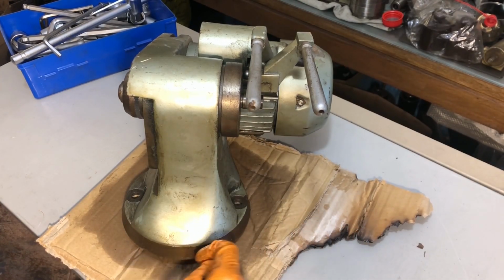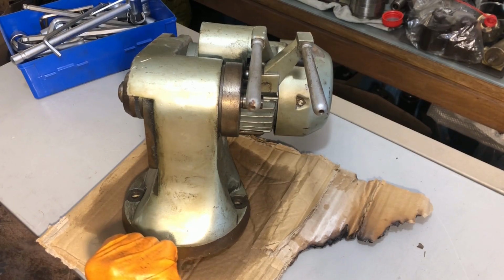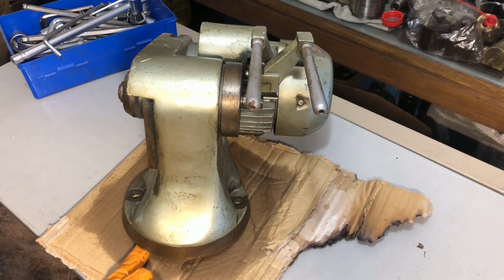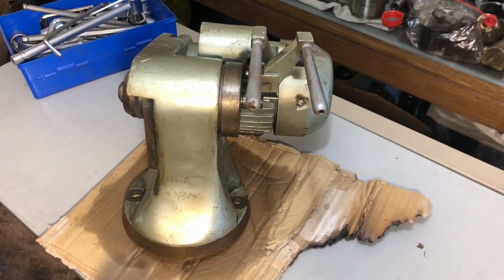The base sustained a bit of a hit at some point, not done by me, and that will have to be stoned out. Oh, here it is. Some imbecile smashed it over here with something. Looks like it fell on the concrete, or rather was deposited quite roughly on this corner, so I'll have to stone this section beneath down to flatten it fully again, and probably hone this edge just a bit to